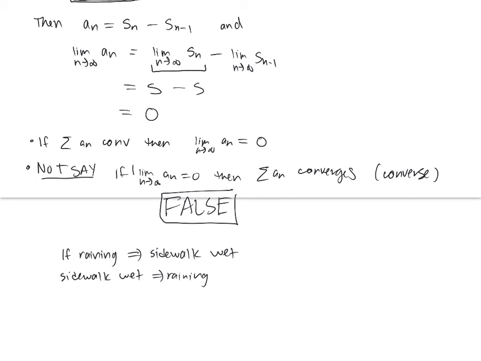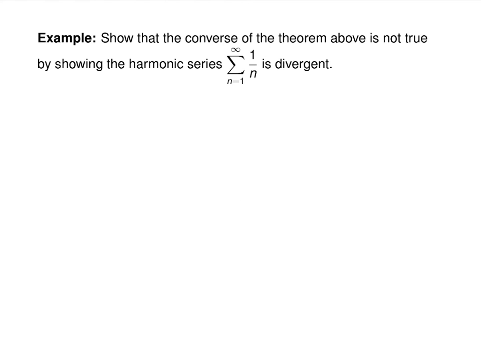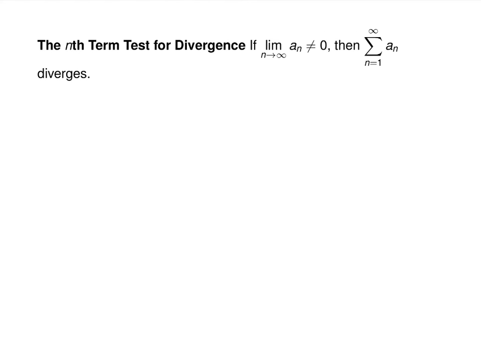So if the limit goes to 0, the series may converge, it may not. Okay? You just don't know. And the next example is a proof of one of those. The proof is tricky, and I'm going to skip it for a second and do it last. Because this is the useful thing you're going to use.